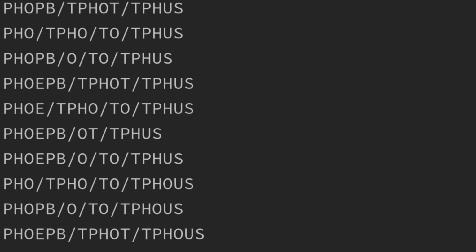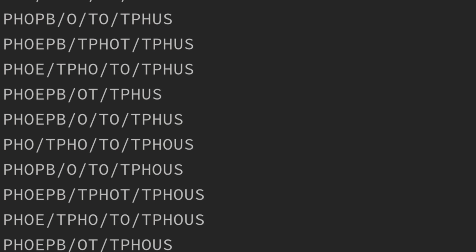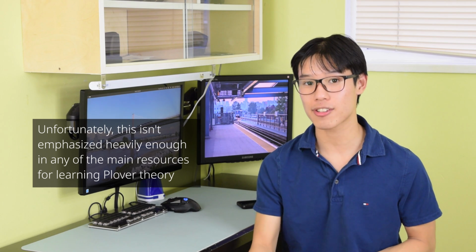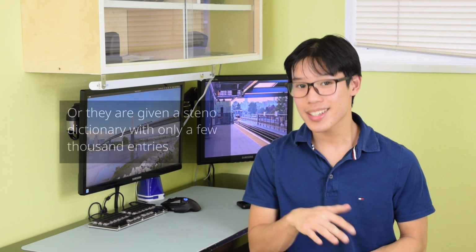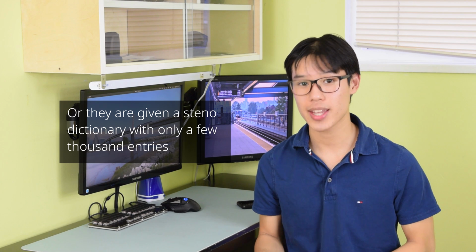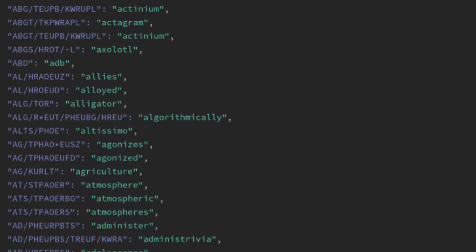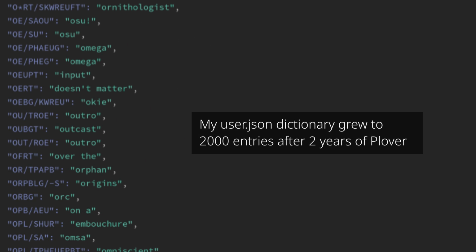Also, there are many entries missing from the dictionary that are also valid. Not knowing what is the correct answer can be frustrating for learners, especially if their idea of the correct outline is not in their dictionary. Of course, none of this would be an issue if learners were comfortable with adding their own entries. Steno students pursuing a professional steno career, for example, typically aren't even given a dictionary. They have to build their own from scratch. In contrast to this, if you use Plover theory, you just have to add missing entries every now and again,